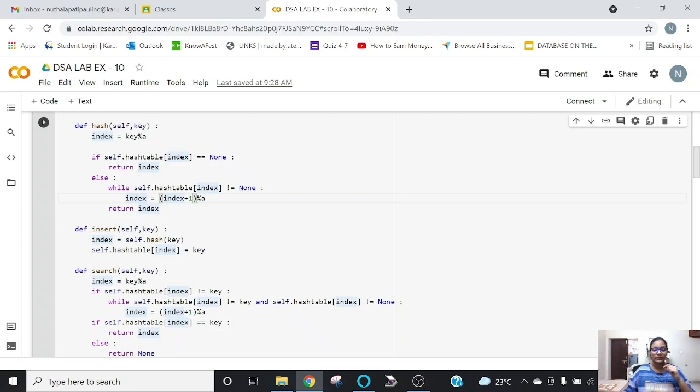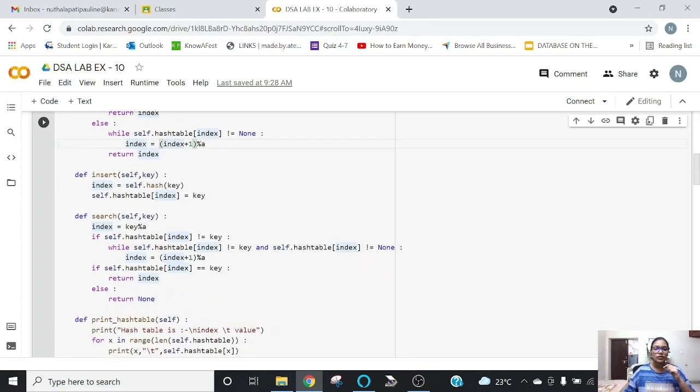So it is going to place the value in that particular position using this calculation.